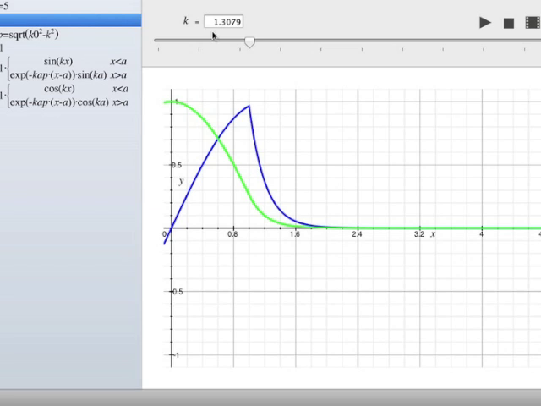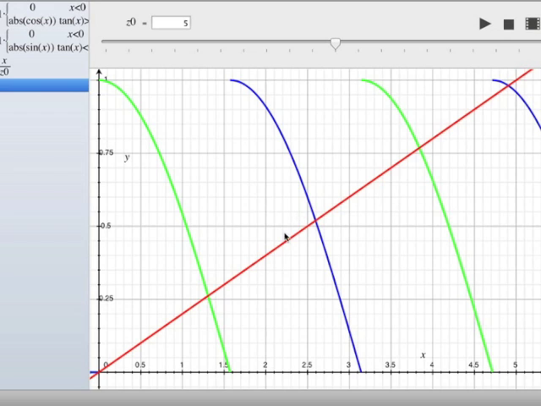So 1.3 is the value of k that not only satisfies the continuity. Notice I have this set up so the continuity is always there, but the derivative has a kink in it except at certain special values of k, and those values of k are the ones that solve the transcendental equation. Let's check the next one. It looks like that's at about